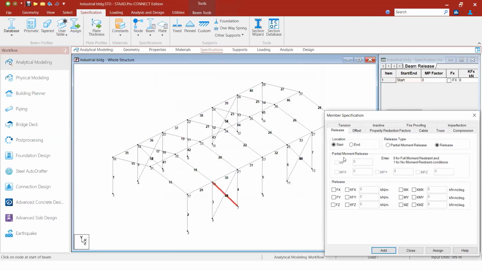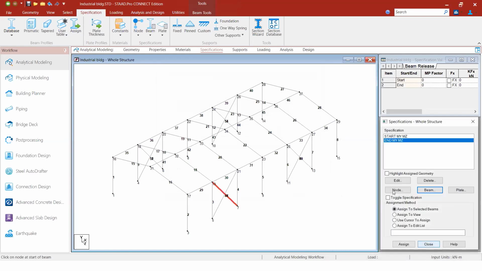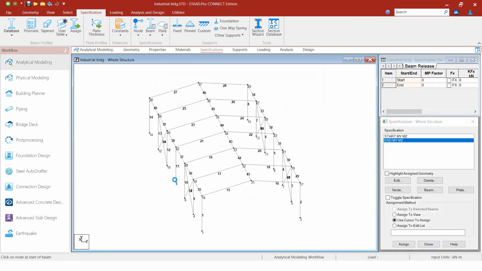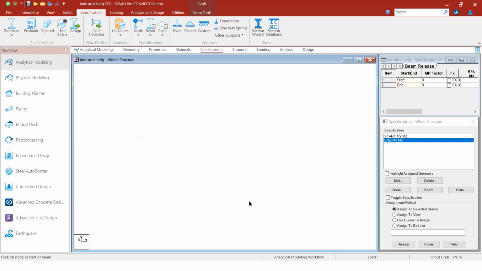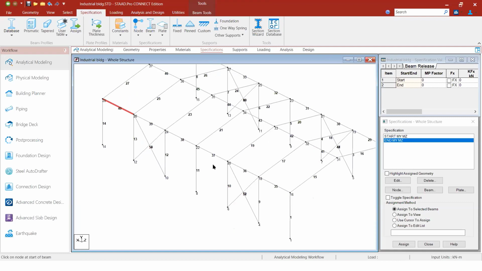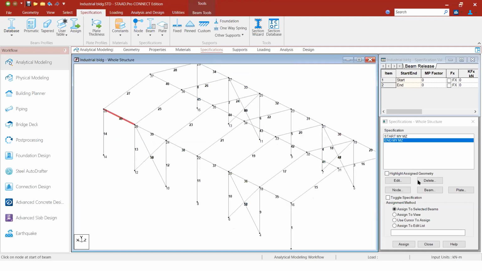The same way, click on end, click on MX and MY and add it. This is how you provide member release on all the bracings and all these beams. If I show it for each and every beam, it is a time consuming process. So this is how you provide the member release specification. Next is the supports.